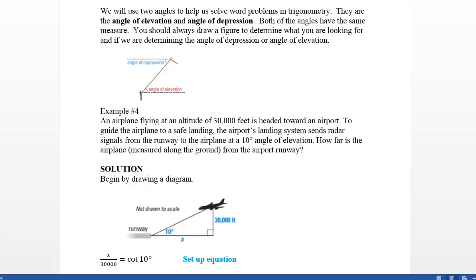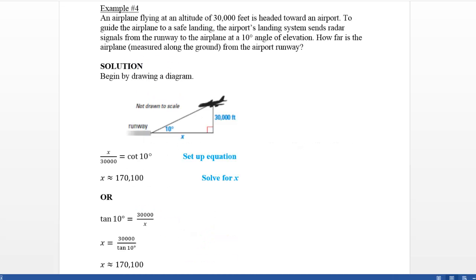So if we look at example number 4, we have a plane coming down. It's at a certain altitude. Now part of the skill that you're going to need is actually drawing what's being told to you. Getting a visual of this information and actually coming up with your own right triangle is important. And if you label it incorrectly or if you interpret the wording incorrectly, you may actually end up solving for the wrong thing. And so keep in mind, altitude means height